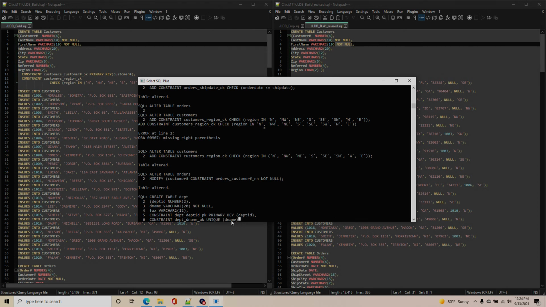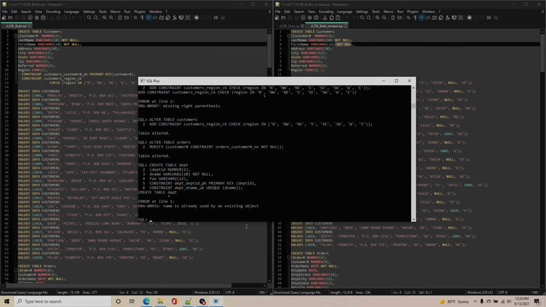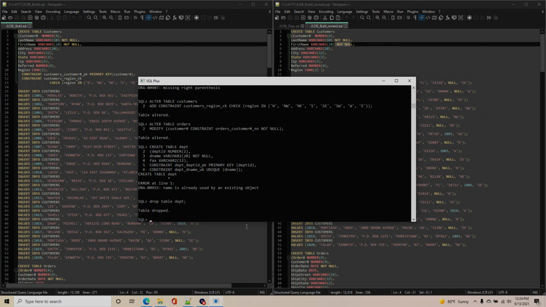UK is for unique, so we want to make sure the department name is unique. Now I close my last parenthesis, the one that matches my starting parenthesis up here. So now I have all of my column names listed. And with my semicolon,